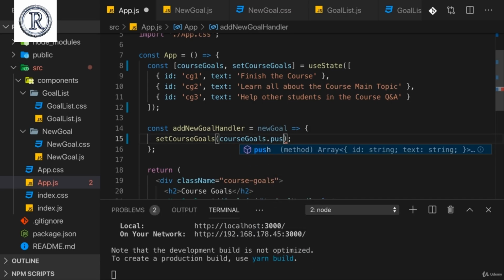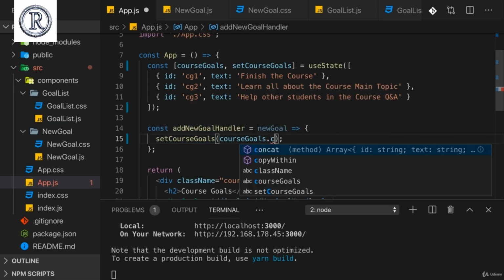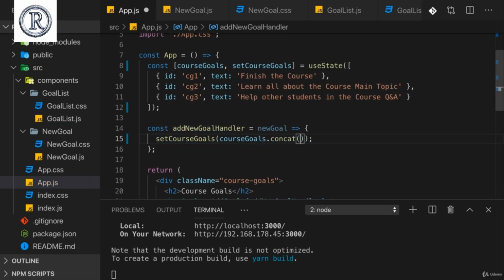Not push, because push modifies the existing item. Instead, setCourseGoals wants a brand new array, which will replace the old array. And concat will also add an item to an array, but it will return a new array to which this item was added. So it gives us a brand new array, doesn't touch the old one, and we then pass the brand new array to setCourseGoals,